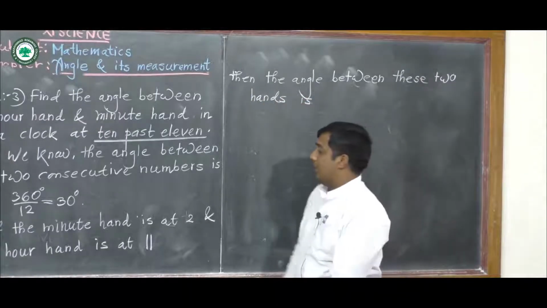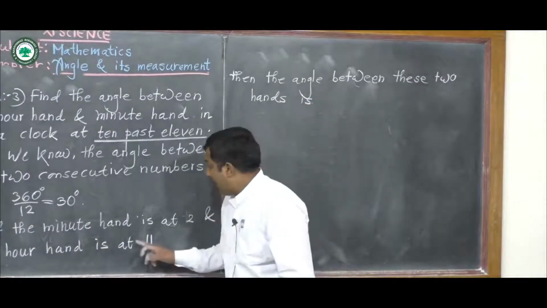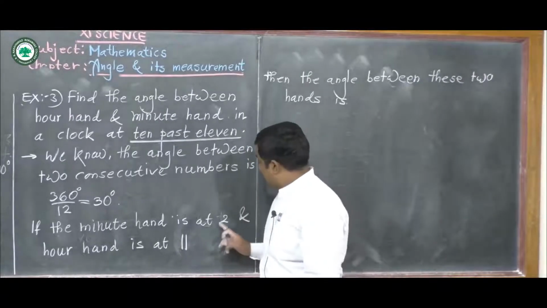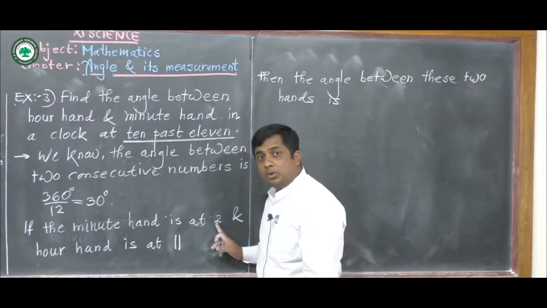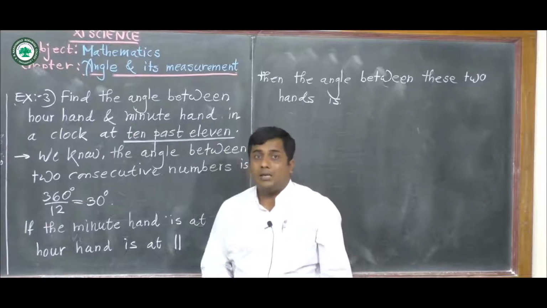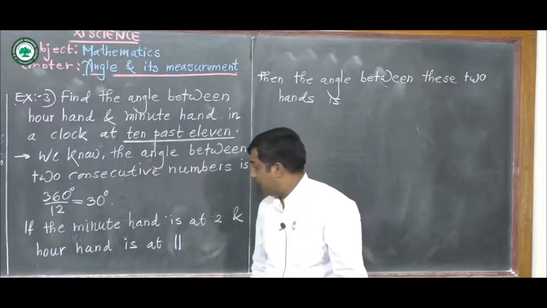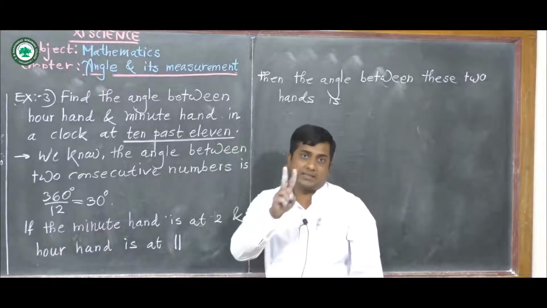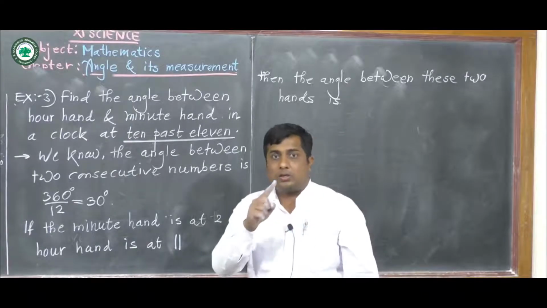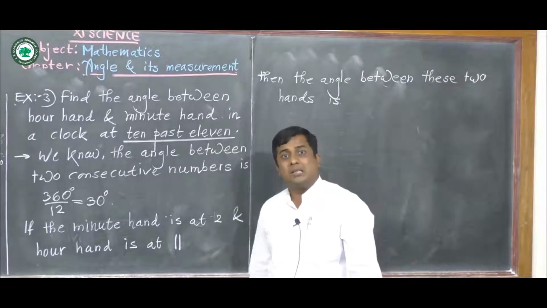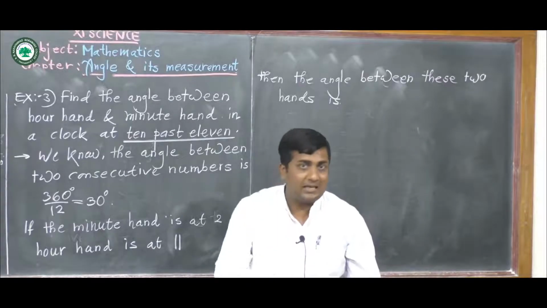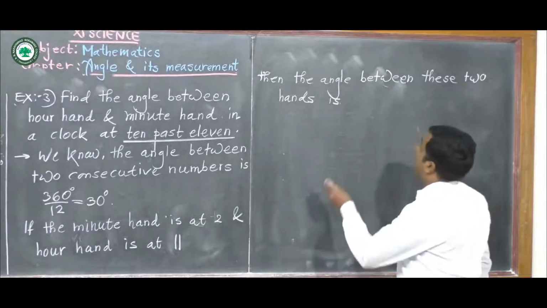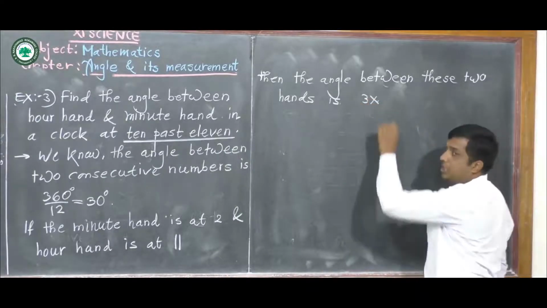Now remember, here our hour hand is at 11, the minute hand is at 2, so 3 equal parts are given. Since 11 to 12 is the first one, 12 to 1 is the second one, 1 to 2 is the third one. So 3 parts are given, we consider 3 into